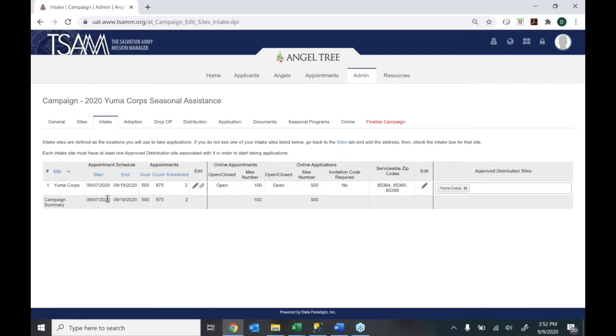So if you are doing an actual interview style process, it doesn't have to be face-to-face. This could be face-to-face, on the phone. You could set up Zoom calls or come up with any number of creative solutions to do an interview. But the concept is the same in that I am asking the client questions, the client is answering those questions, and I am completing their application here on the AngelTree TSAM platform. So that's what I'm calling an interview style